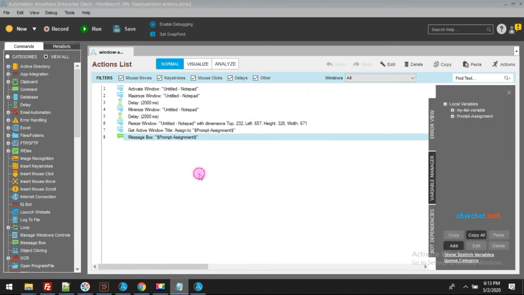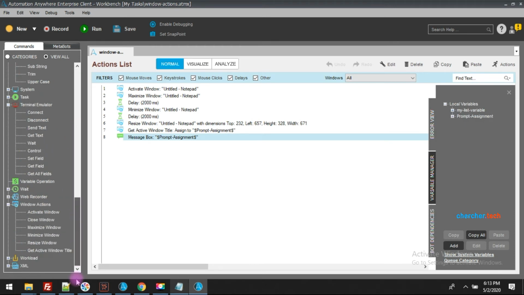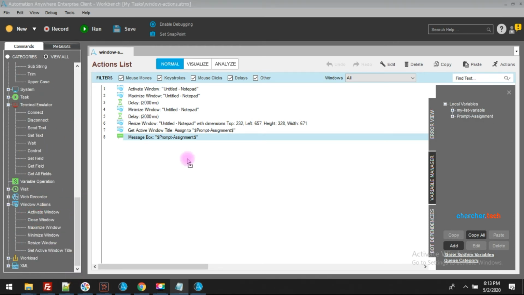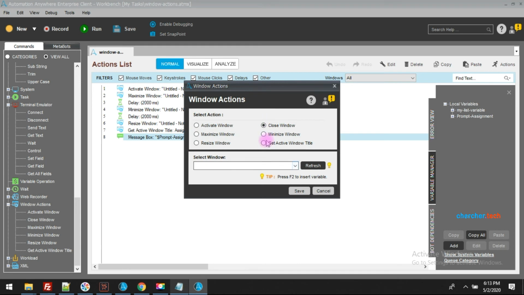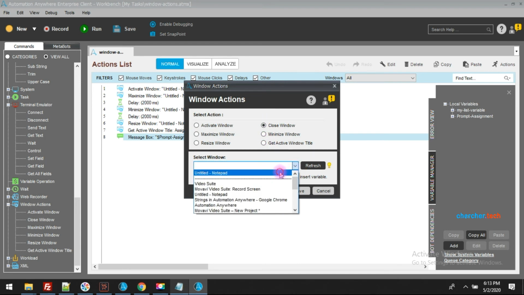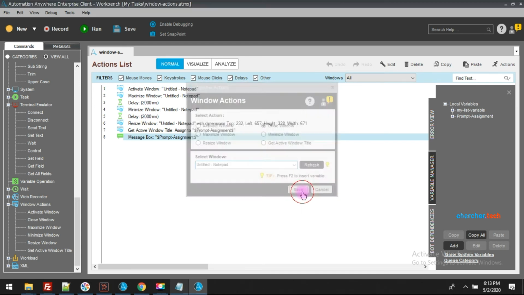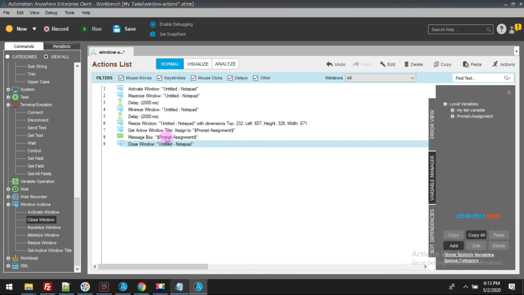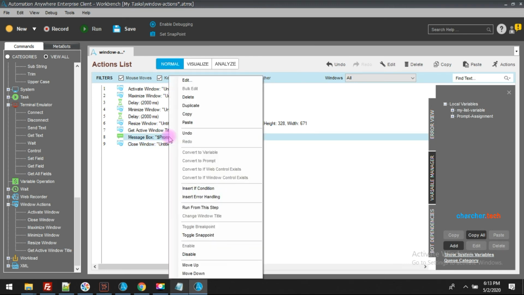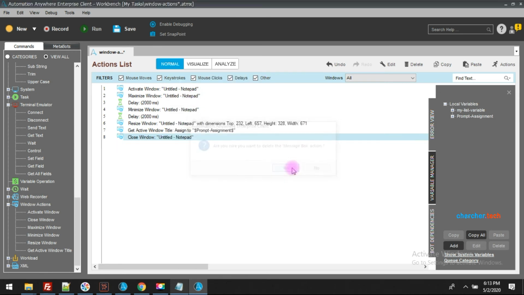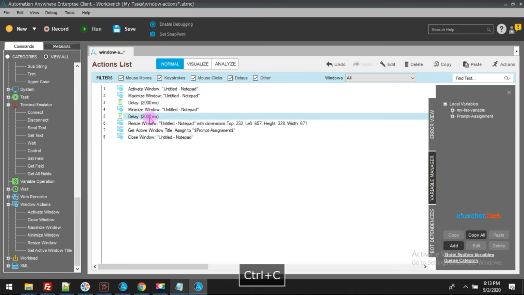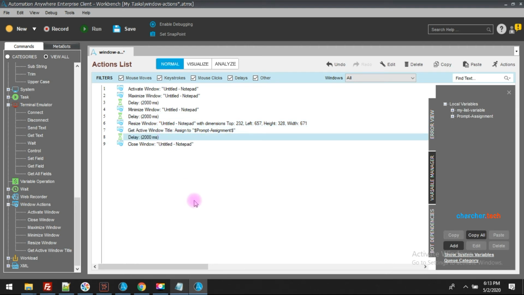Now the last activity is the close activity. You can close the window. Here we want to close the notepad window. Save. I'm going to remove this pop-up because I don't want it there. After resize, or after getting the value, I just want a 2 seconds delay, and then run it.